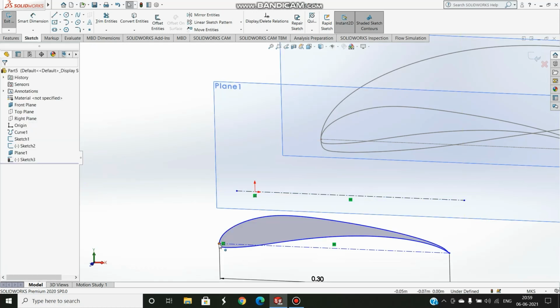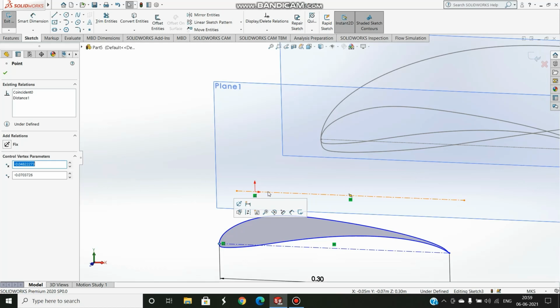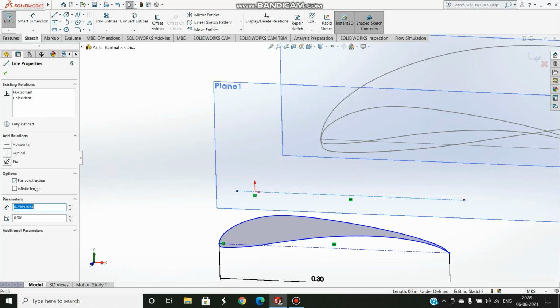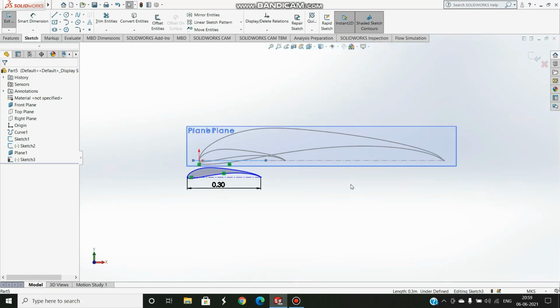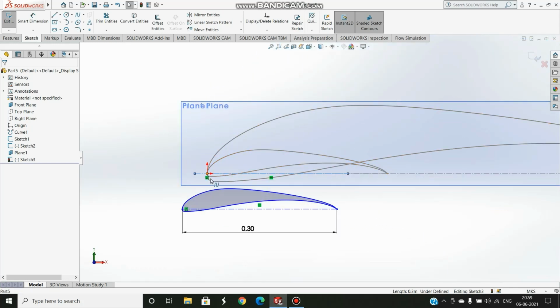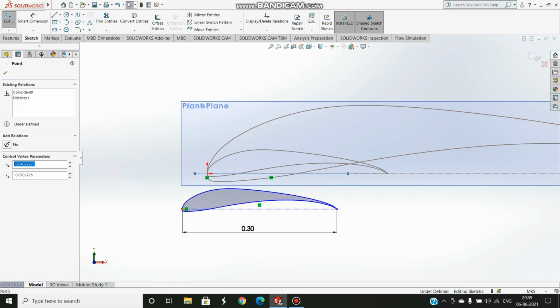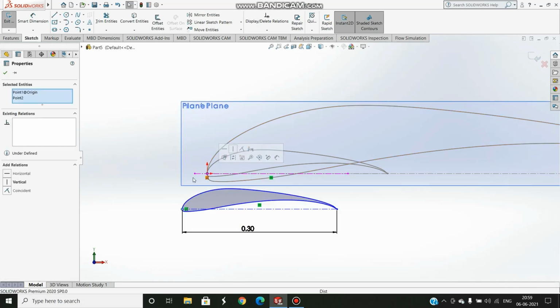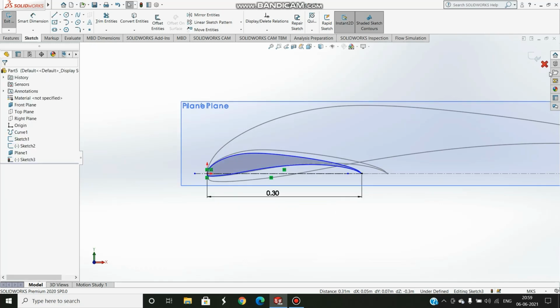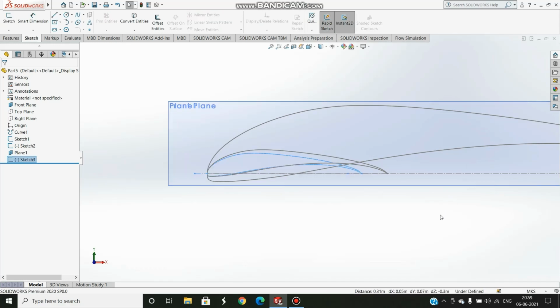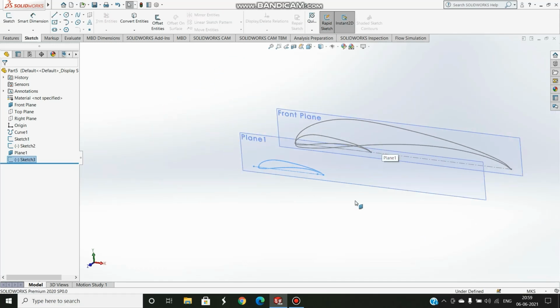Yes, now you'll have to select this and this. Select this button and this and make it coincident. Now a 0.3 meter long chord has been created. We are almost done here.